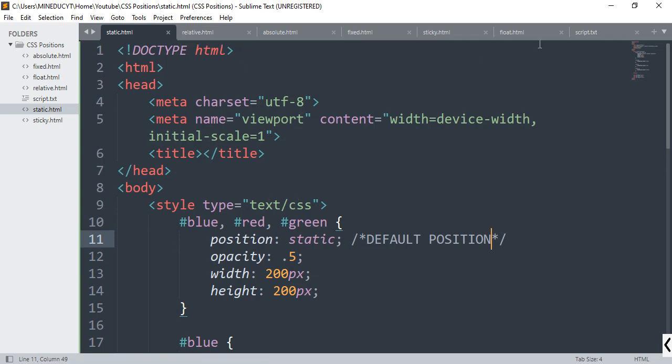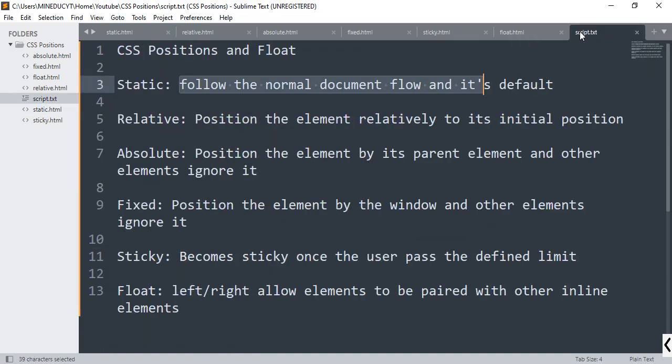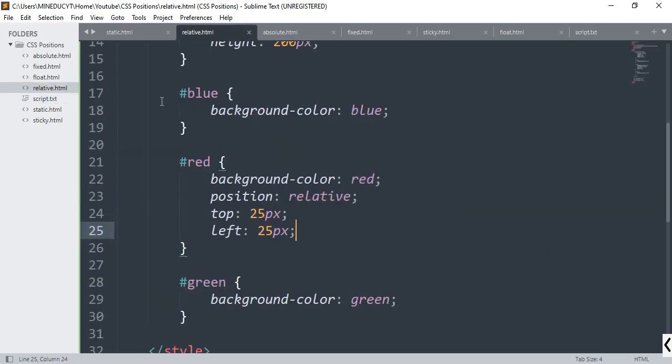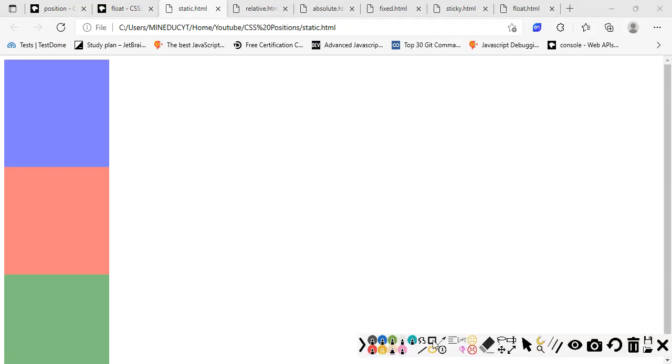Let's go to the relative position. The relative position positions the elements relatively to its initial position. What is its initial position? Okay, so just let me draw here. I'm gonna put a square and I'm gonna draw exactly here. So if I go to the next,